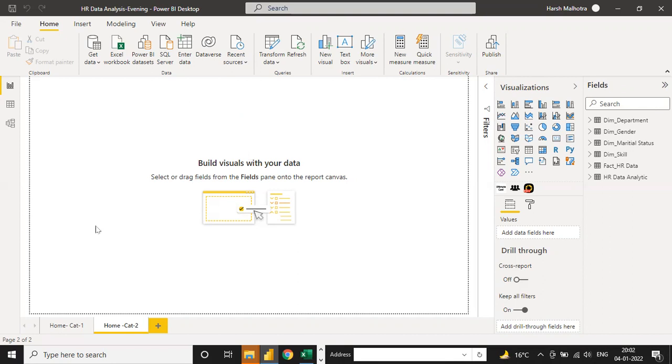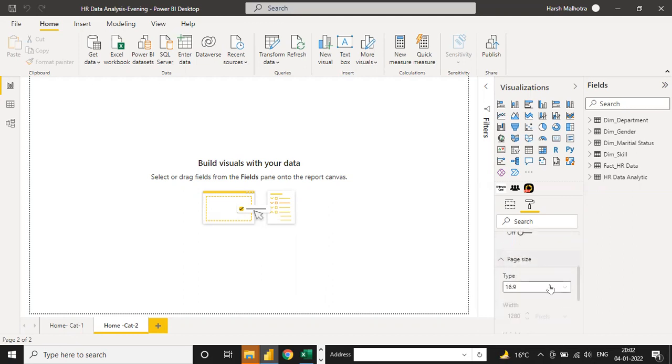Okay guys, so see, this is our visualization page, and for this you have to format your page first. Suppose this is your page. If you select the format tab here, you have page information. Select this page information. You have the name, which is already home, and Tooltip. This is a different step, I will tell you later.